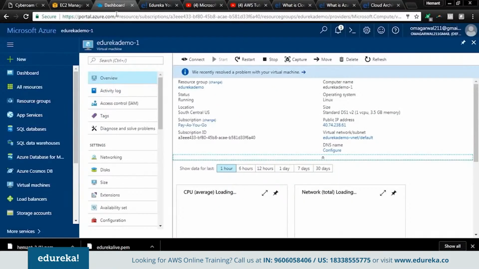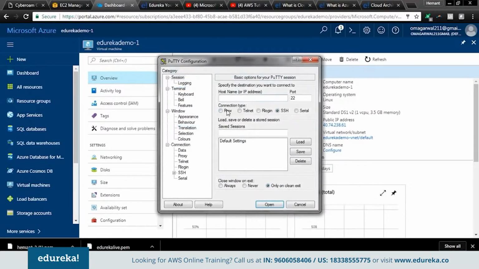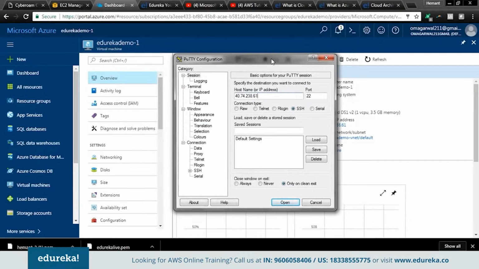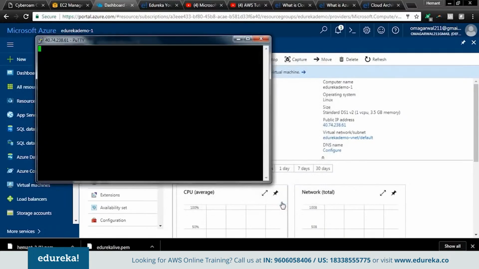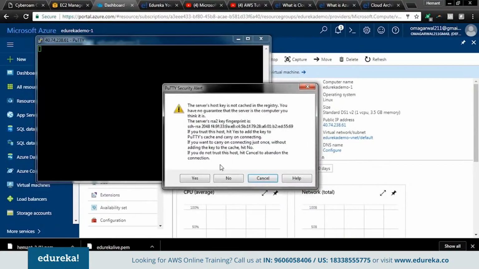Let's go to our Azure now. So our Azure instance is also ready. Let's try to connect to it. All right, so this is the IP address of that instance. Let's copy the IP address and paste it in our putty. All right, so now in this case, guys, you don't have any PEM file or PPK file because we opted for the password option. All right, so let's click on open straight away,